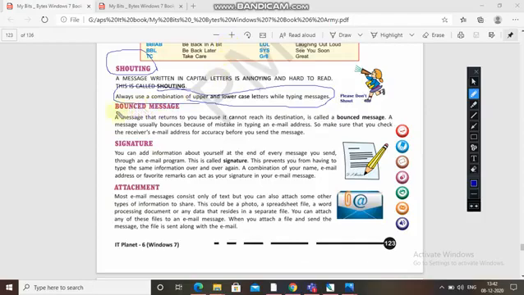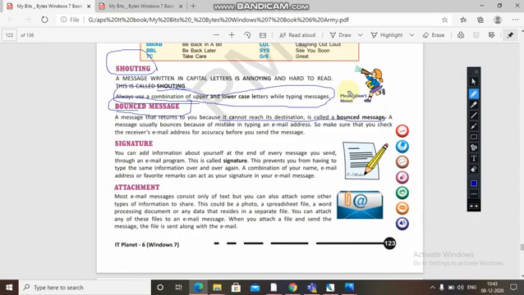Now next one is the bounced message. What is this bounced message? A message that returns to you because it cannot reach its destination is called a bounced message. Like money transactions you have seen, when you don't have money in your account, it returns back to you.